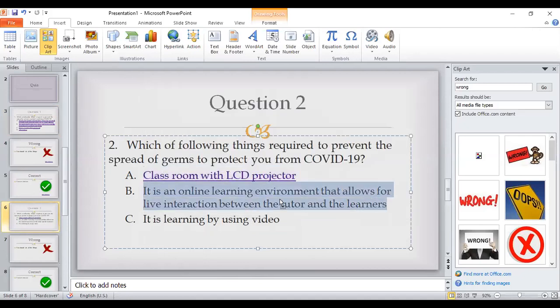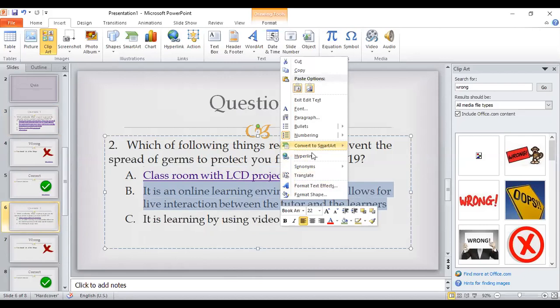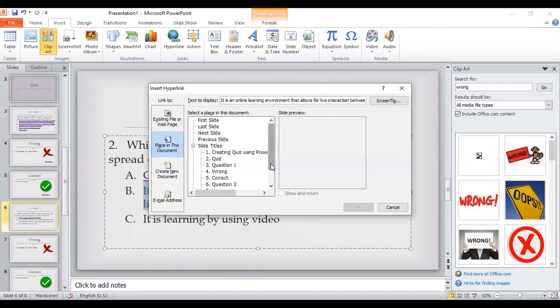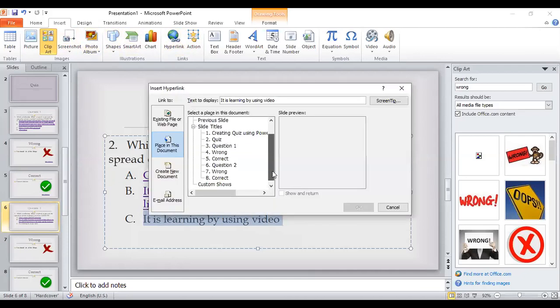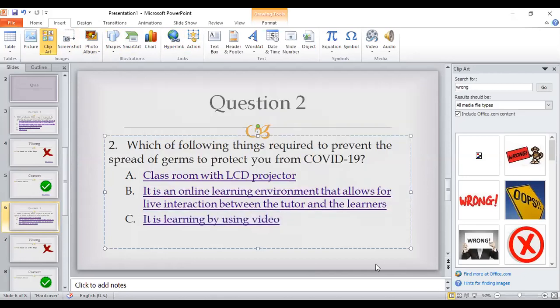So I'll select this, right click, create a hyperlink and here I'll select the correct slide. Now for the wrong choices, you can select each one and give it this hyperlink. So like this, I have created this.